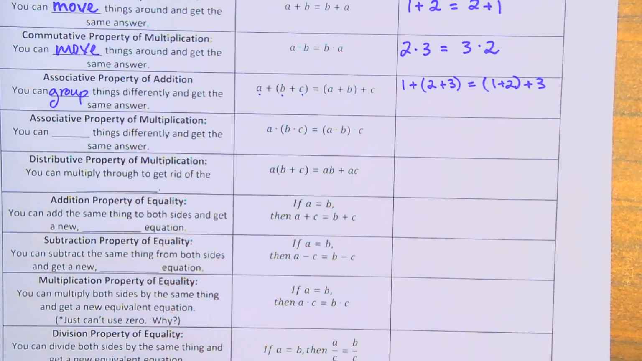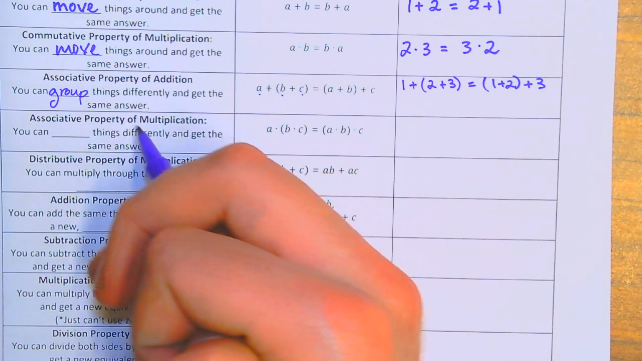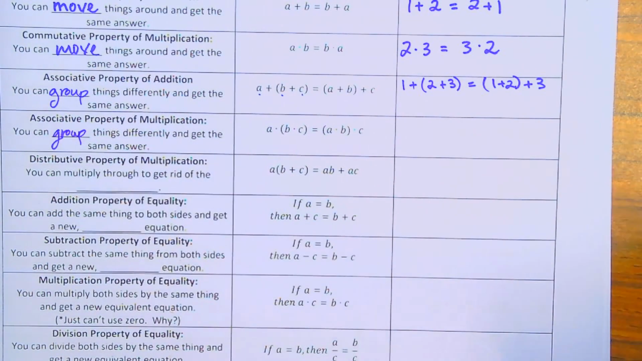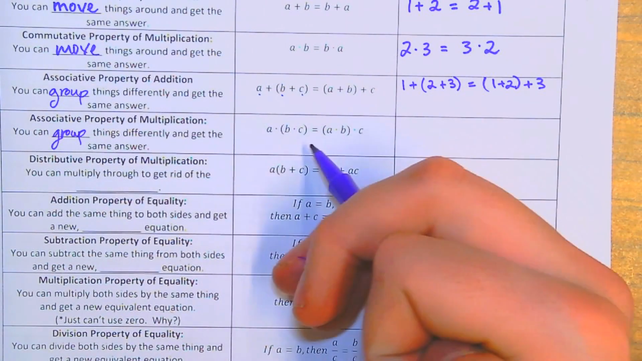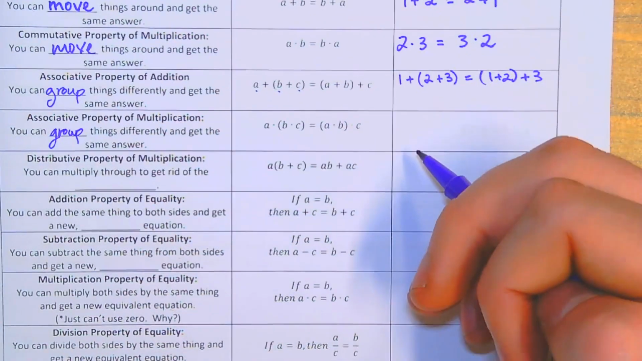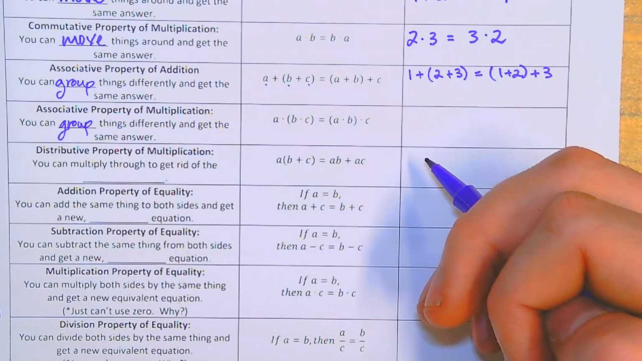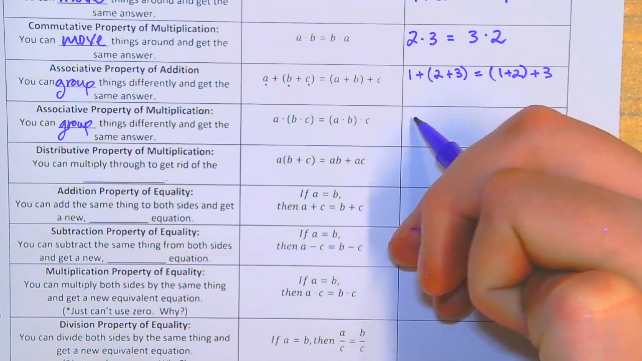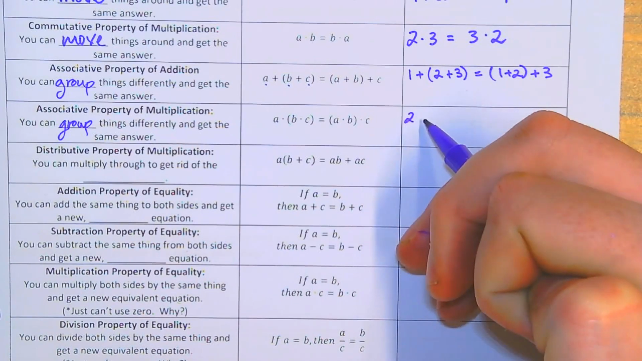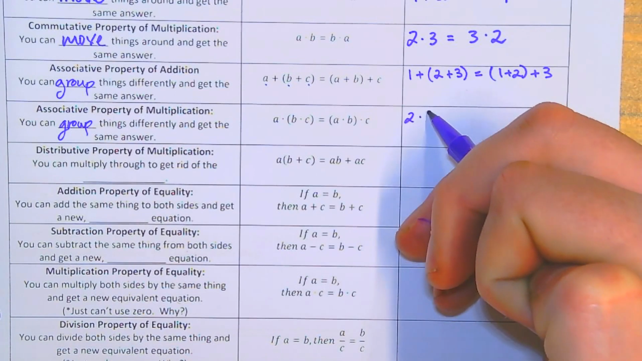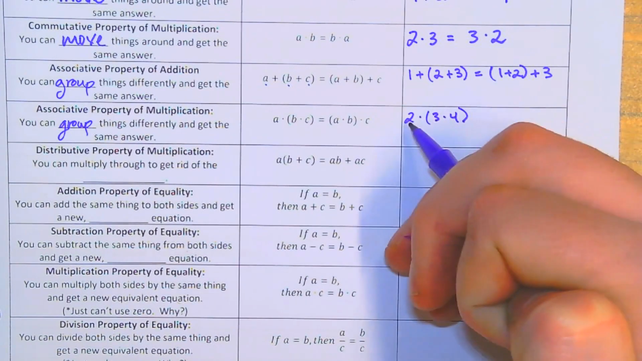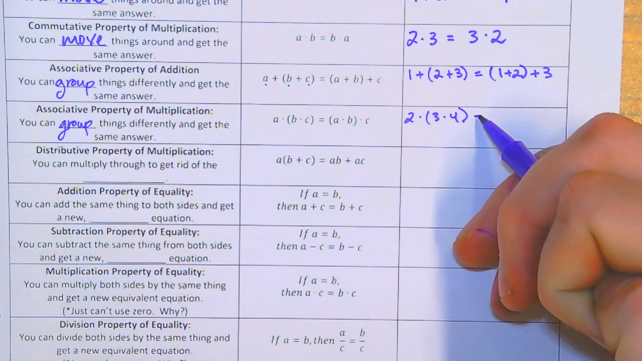So let's do the next one. Associative property of multiplication. Much like addition is the same thing. I can group things differently and get the same answer. So if I'm looking here, I want to regroup this, and this time I'm going to use different numbers. I'm going to use 2 times 3 times 4. That will give me 12 times 2 is 24, right? Equals